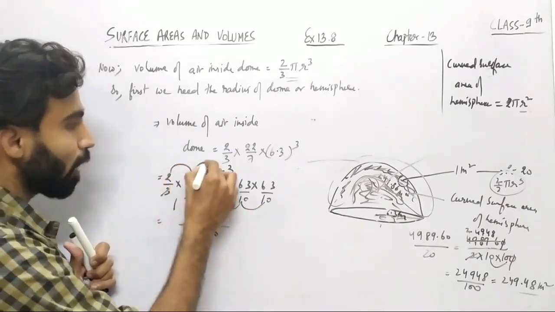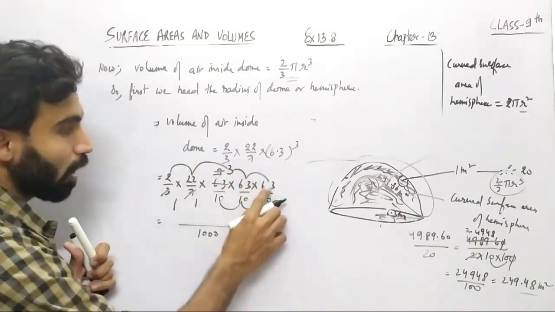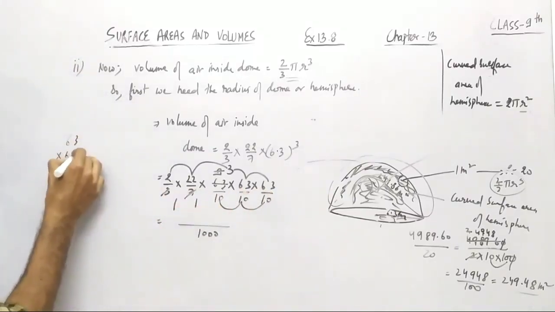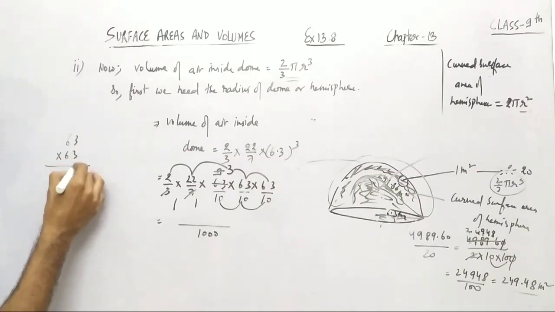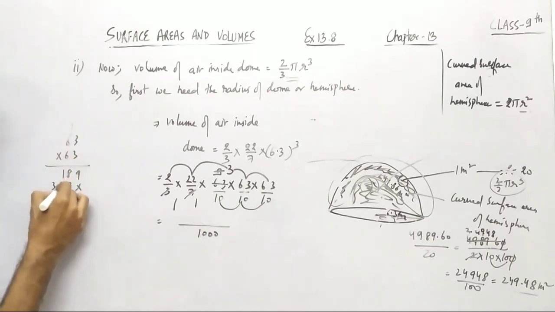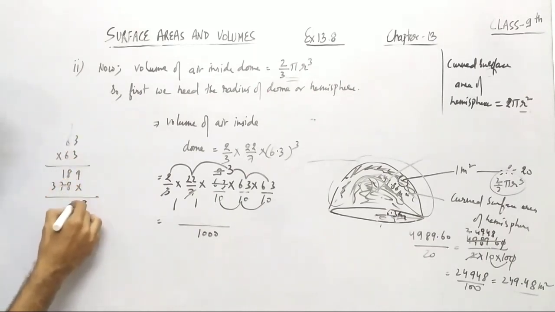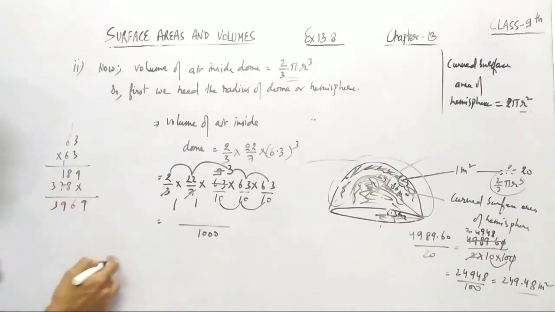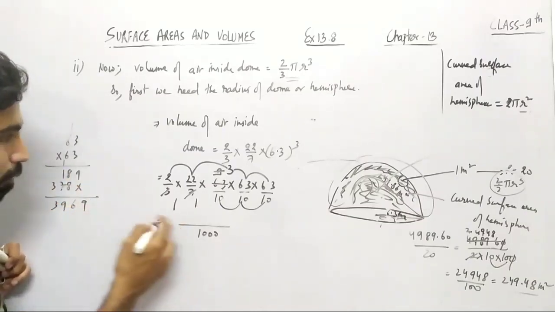Now I will multiply all these values. So here 63 into 63. Let me check. So 63 into 63, that will be 3 3 is 9, 3 6 is 18. Then 6 3 is 18, 1 carry 6 is 36 plus 1, 37. So 9, 8 and 8 is 16. Then there will be 7 and 2, 9, so 3. So there will be 3969, right?